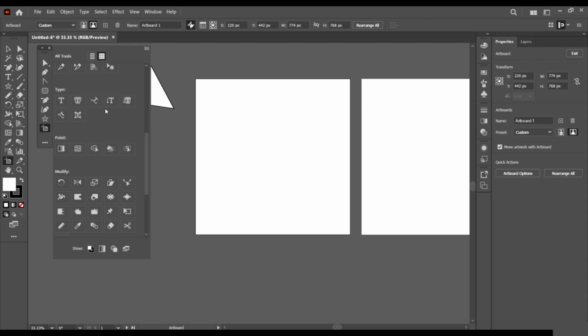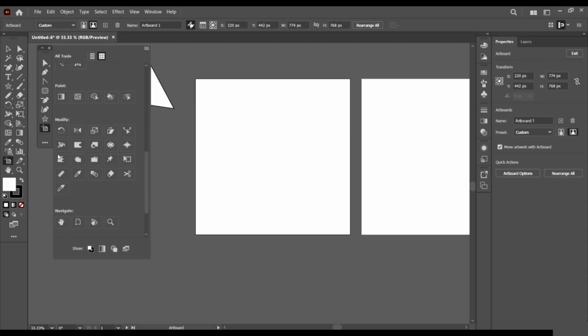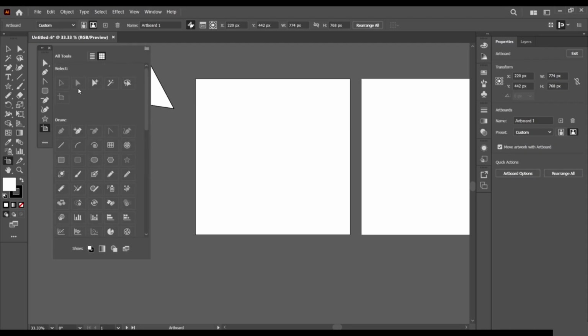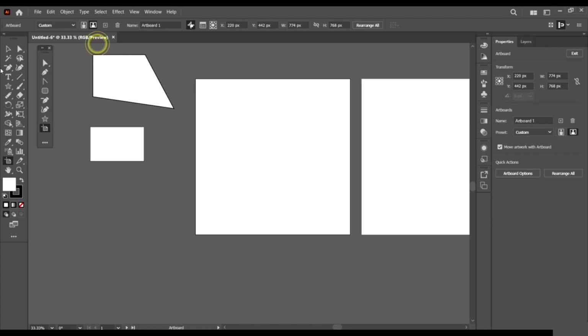That's your fonting and your styling and your typing. The paint tools will help you in painting, and the modify tools will basically modify the shape. We have the selection tool, which will of course select colors and objects, and then we have the draw tools, which will draw out shapes and objects.